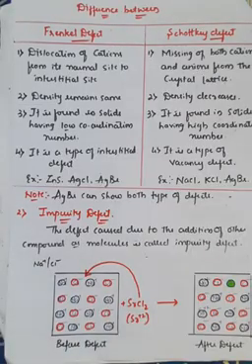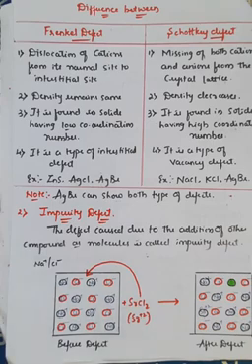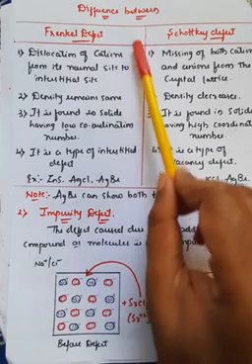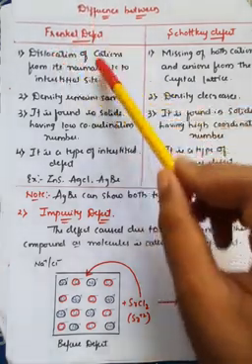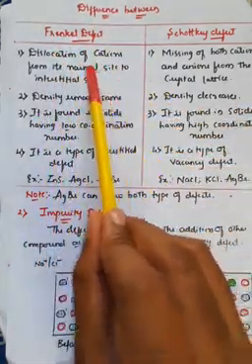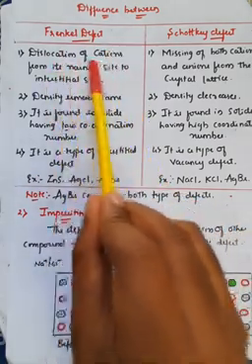Further, one of the important 2-mark questions for your syllabus according to your examination is the main differences between Frenkel defect and Schottky defect. You can write 3 to 4 differences. The first is always written in terms of definition: dislocation of cations from the normal site to the interstitial site, as we have already seen. Frenkel defect is a type of interstitial defect in which dislocation of only cations takes place from the normal site to the interstitial site.